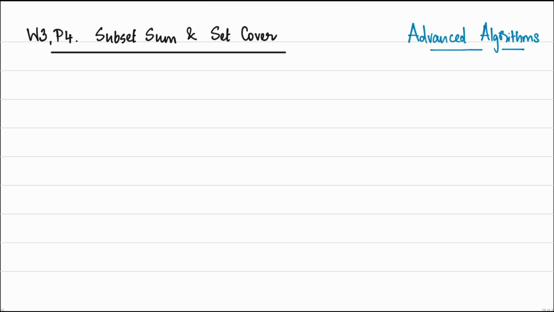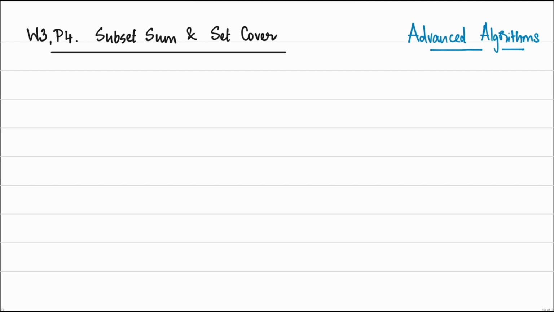Alright, so welcome back to the fourth part of the third week. Here we are going to switch gears a little bit and not talk about longest increasing subsequence anymore, but talk about two problems which have interesting dynamic programming based solutions. In some sense, these are both classic problems, and again, you may have seen them before, but the first problem has the interesting feature of being what we call a pseudo-polynomial time algorithm, and the second problem is actually a